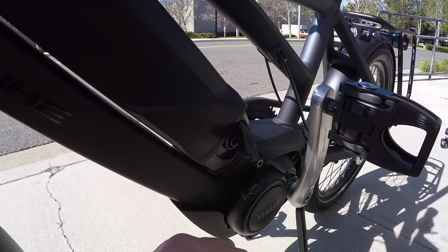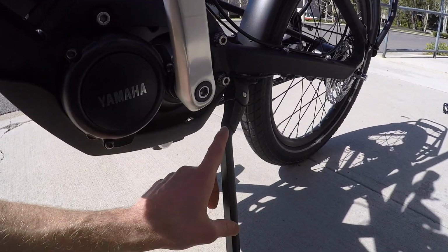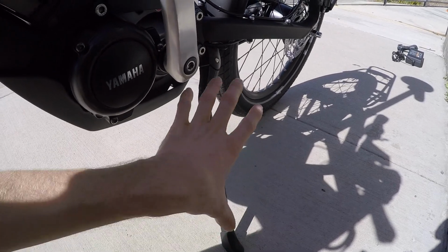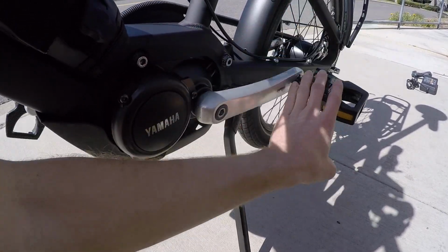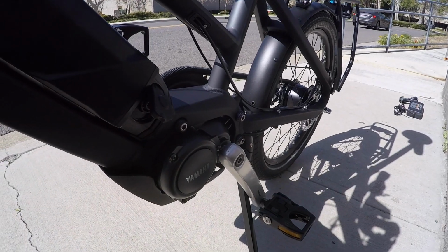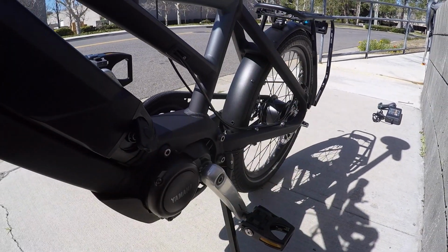You don't want to bump those cranks and then shear it off or bend it or something like that. Also, the kickstand down here, pretty nice. It's not adjustable length, but it doesn't really need to be. This is decent, but it is in the way of that crank arm, so you get pedal lock like that if you're backing the bike out from your garage or something. It'd be nice if the kickstand was positioned a little bit further back, but for a compact bike like this,